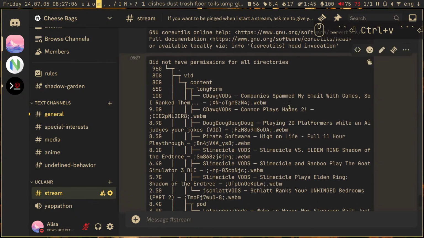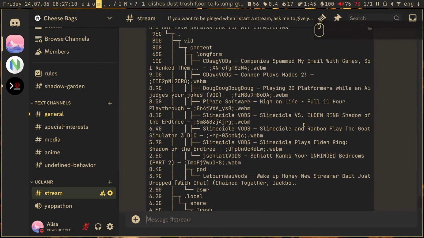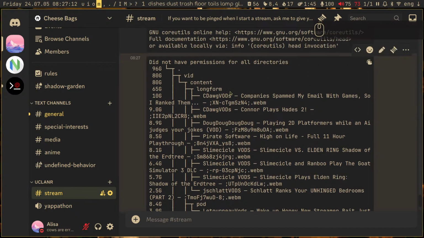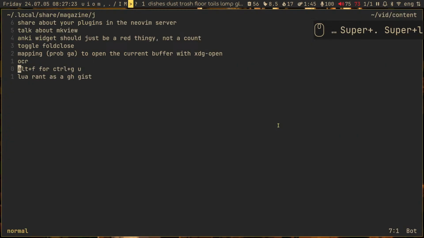It looks weird because it needs to wrap. It wouldn't usually look this weird if my file names were a bit shorter, but no, they include the channel name and the entire title, and then also the index of the video,